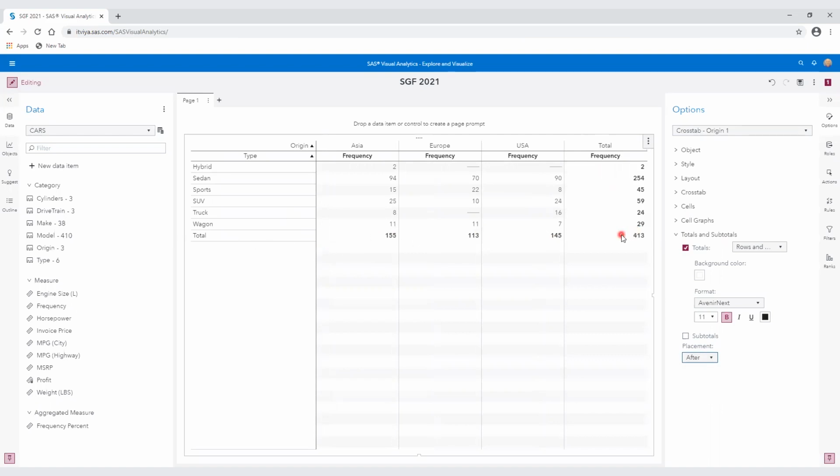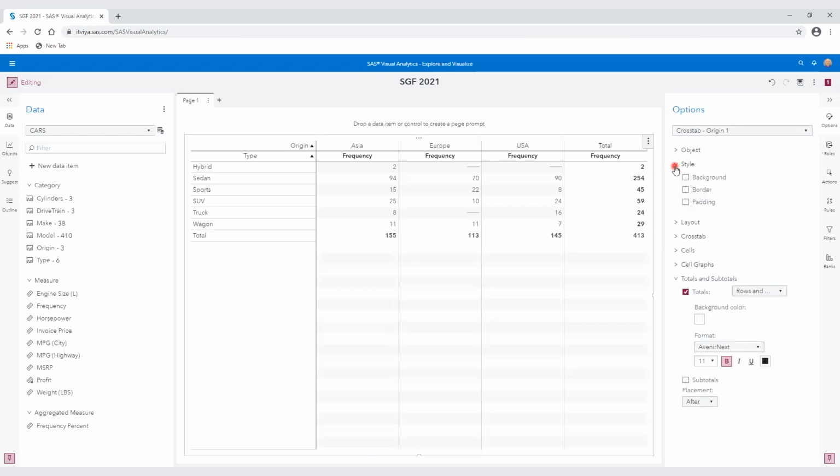Okay. And how easy was all that? Just a few mouse clicks away to do that. I could pretty this up. I could change formats and fonts and background colors everywhere. I'm going to save that for a different presentation. Okay, and I'm not going to worry about appearance. We could spend all day talking about appearance, but just trust me, you can do that. That's all under this style options, where we could style up the background, the border, the padding, and more. Okay.